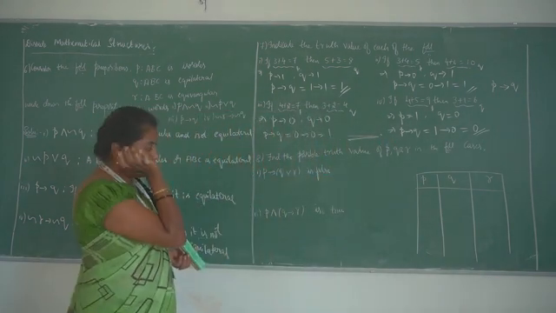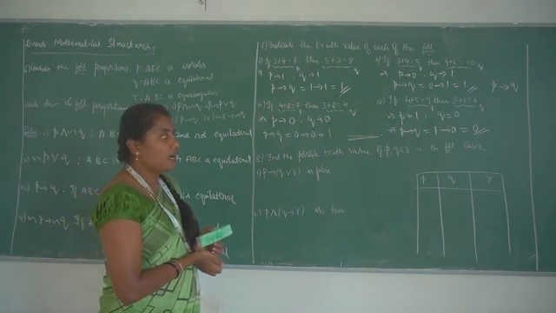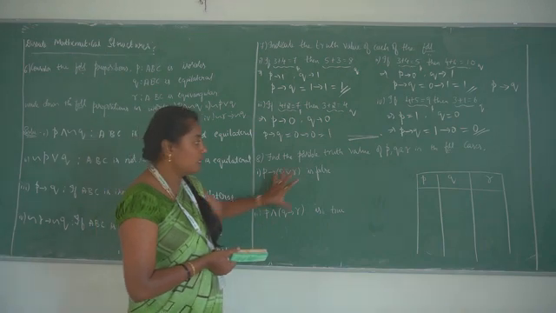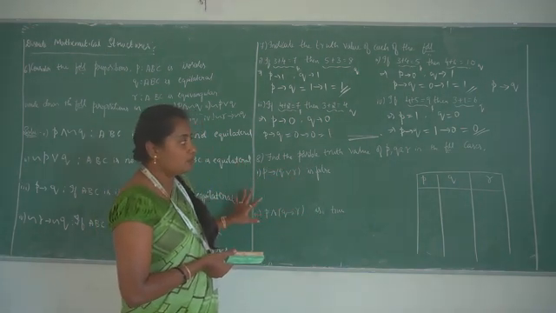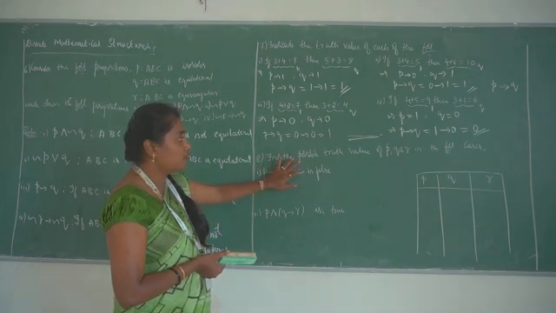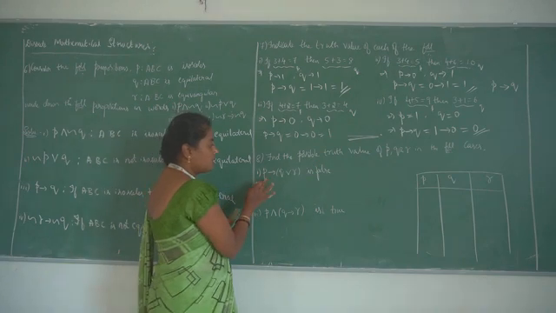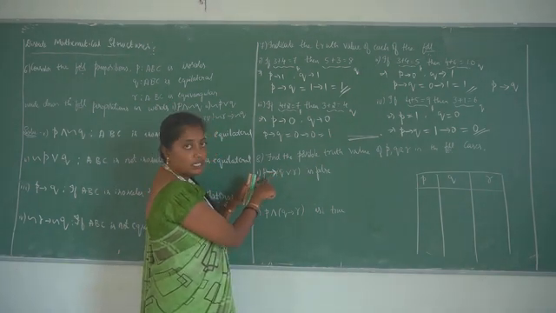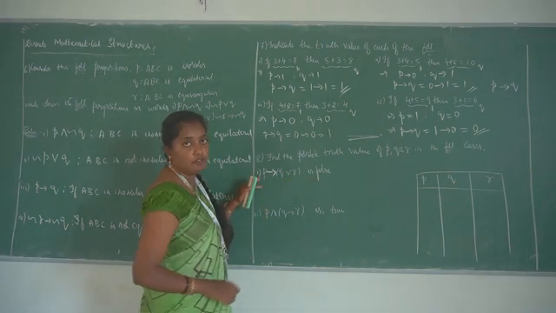And in the next problem, find the possible truth values of p, q and r in the following cases. There are two compound propositions given with their truth values. The first one is false, the second one is true. We have to write all the possible values of p, q and r. In the first statement, a conditional proposition is given. If p then q or r is given, which is a false statement.